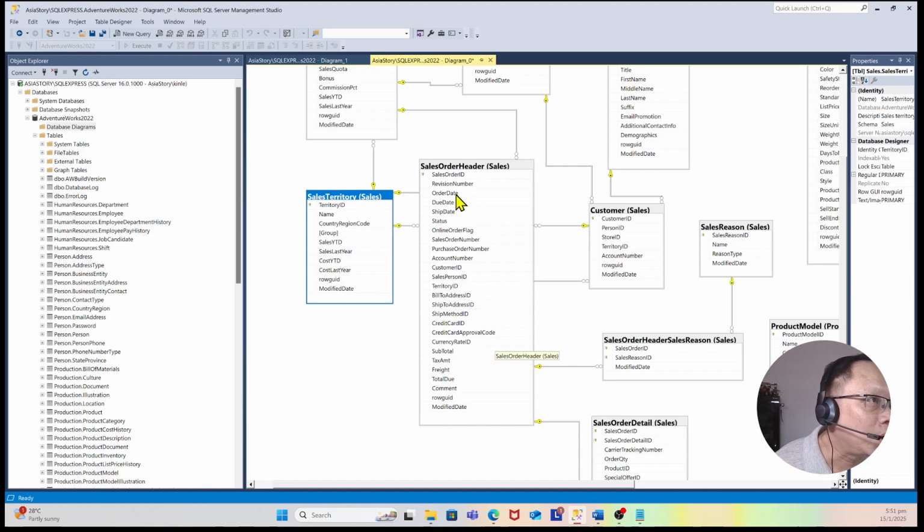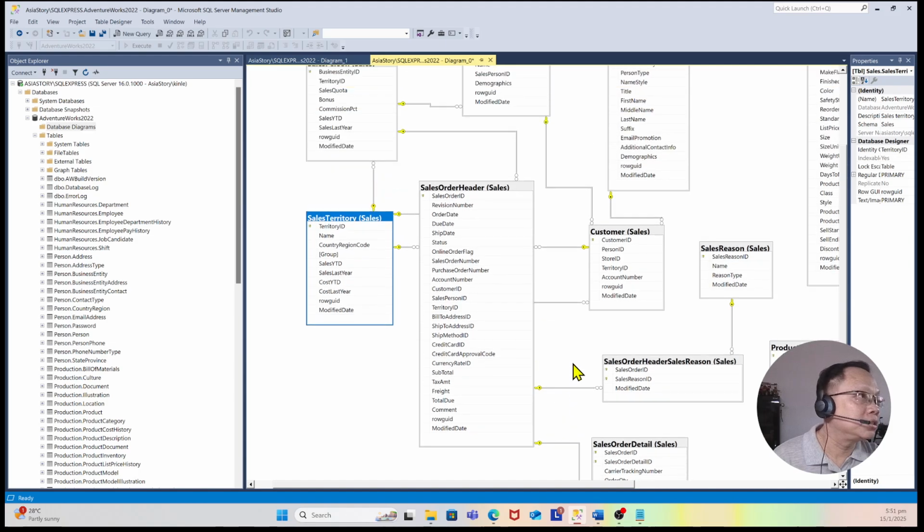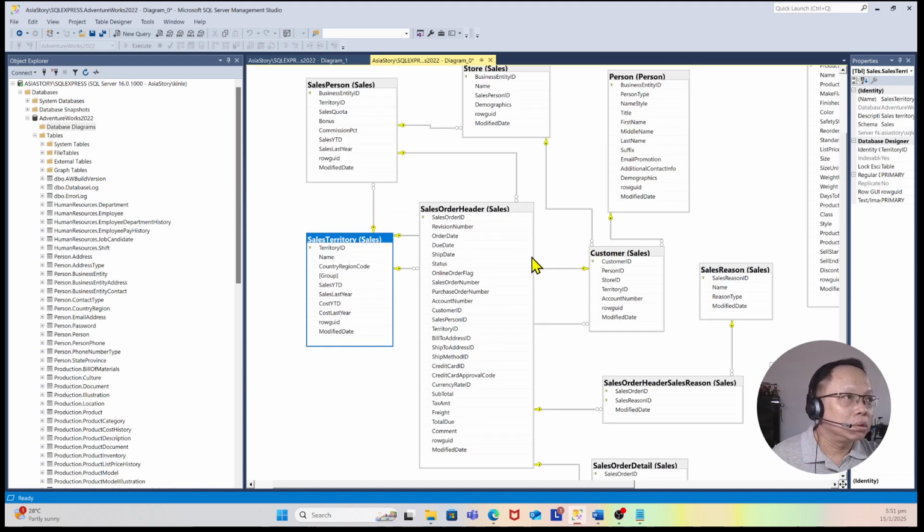Okay, we have the order date. That's important. We also have the ship date. We need that. What else? Comment. Okay, that's nice. So this is the fact table, and the fact to the dimension table,